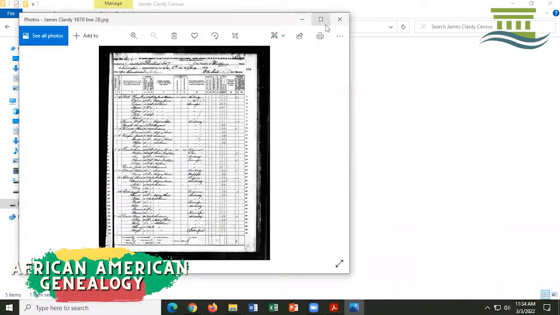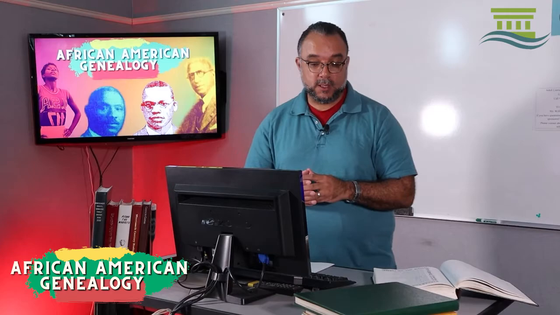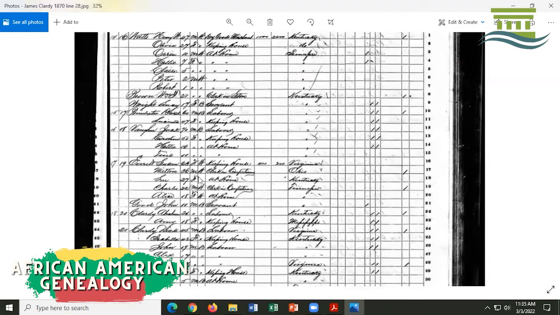So I have been researching James Clardy since about 2017. That's when we first started doing genealogy classes. And so I was very curious about James Clardy. I've dug up everything about the man. What you see on your screen now, let me enlarge it, are the census sheets that you can save for your records on your computer, onto a flash drive. Ancestry affords you the ability to search, to find, and then record all that information, even if you don't have a personal account. So I'm going to zoom in on this one. This is 1870.